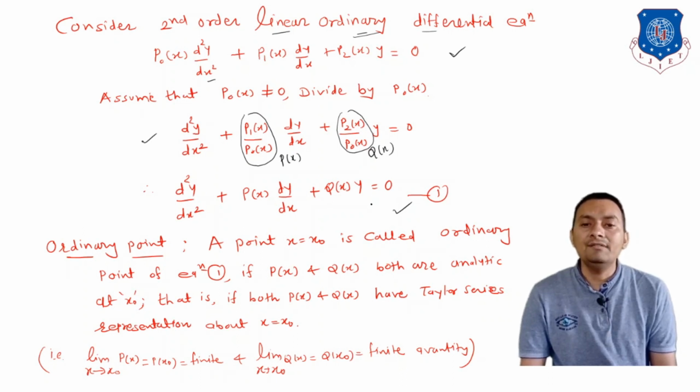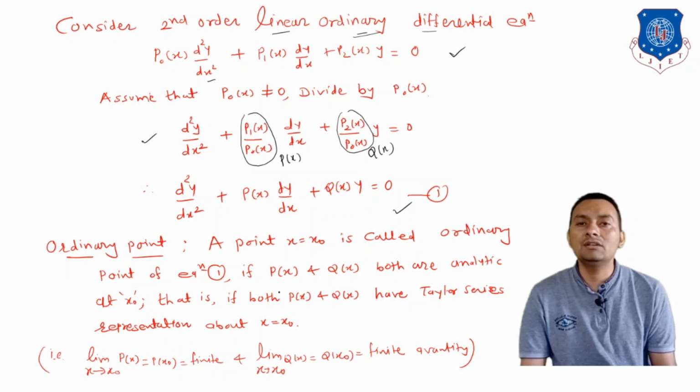Now whenever we have a second order differential equation, how do we solve it? There are two methods. First, the power series method, and second, the Frobenius series method, and these are the series solutions of this second order differential equation. In that case we have to justify which method is going to be applied. So first let us understand the ordinary point.